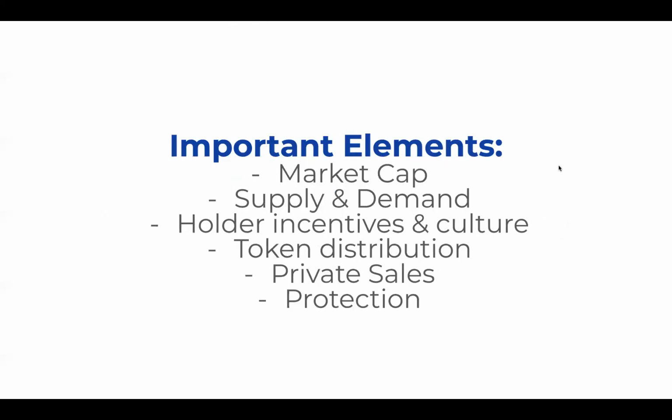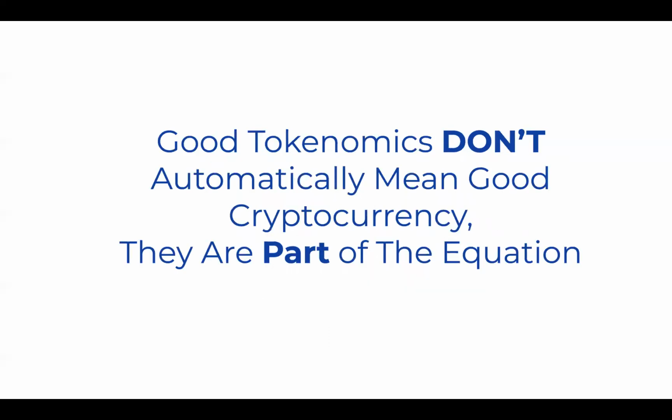So the important elements that I've put in here is, tokenomics between two different projects could be totally different, and yet they could both still work. So what I'm trying to say is there isn't a set in stone concrete method that works best. And so what I've tried to do here with these elements is I've tried to put the most foundational and underlying principles into these elements rather than focus on really technical features of the tokenomics themselves. Just in plain English, I've tried to include the most foundational principles that go through all of the tokenomics.